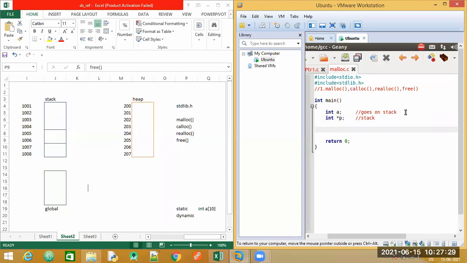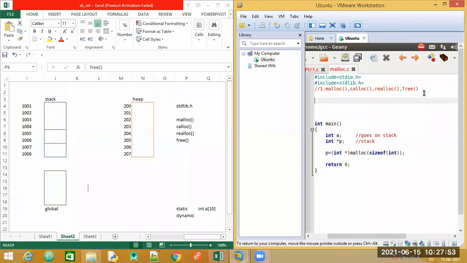I'll write p is equal to, just observe the statement that I'm writing, I'll explain it. Now let me write the syntax of using malloc, of using dynamic memory allocation.